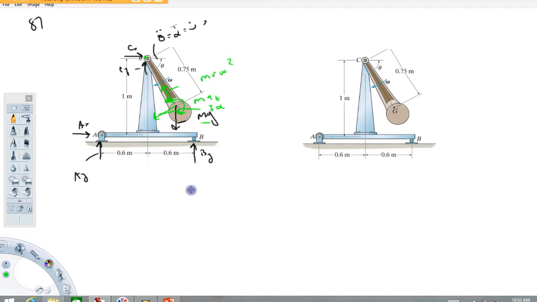So the kinetic side is going to look something like m a tangential times 0.75, and that's going to be clockwise. Then we're going to have an I alpha term, and these are related because this is rotation about point C. The tangential acceleration is going to equal 0.75 times alpha. So the right-hand side of that equation will look something like that. The left-hand side is going to be mg times this distance. That's going to give you an equation that I think will allow you to find alpha and the tangential acceleration. Once you find those,